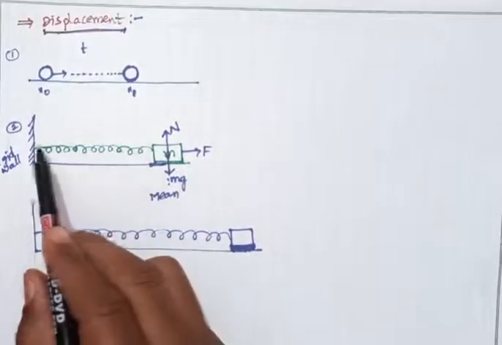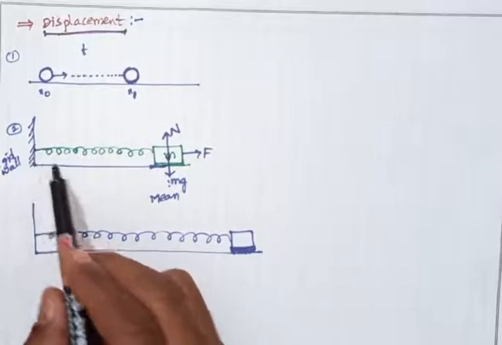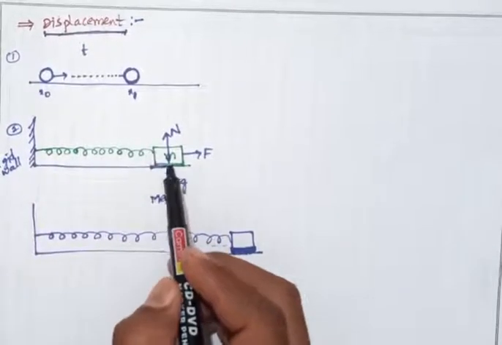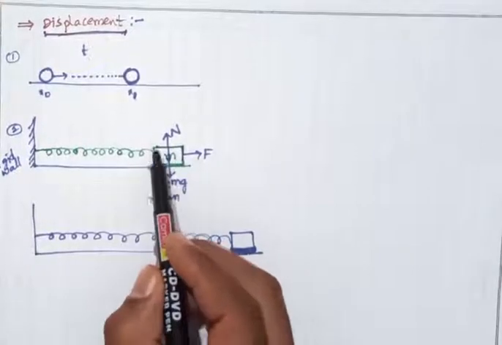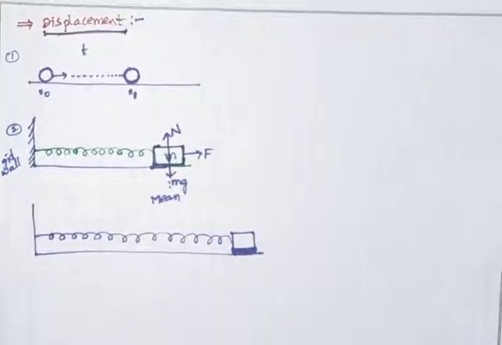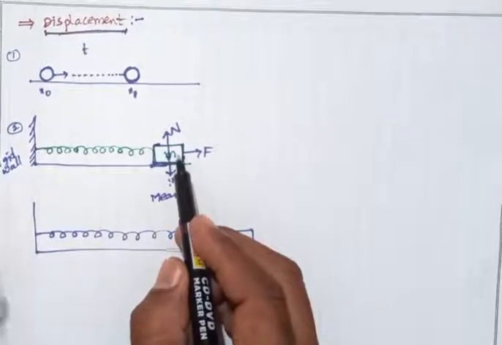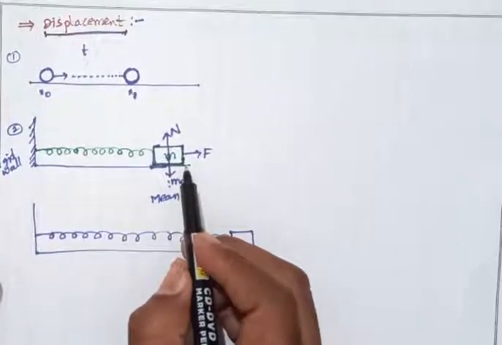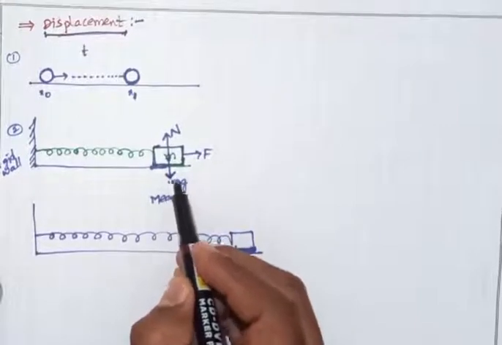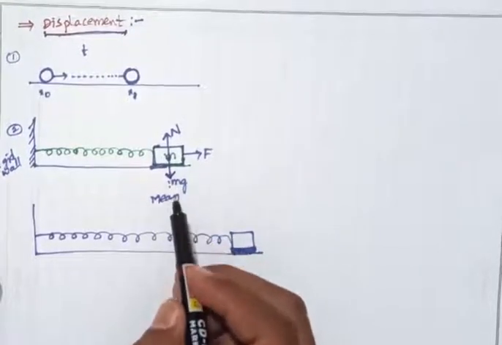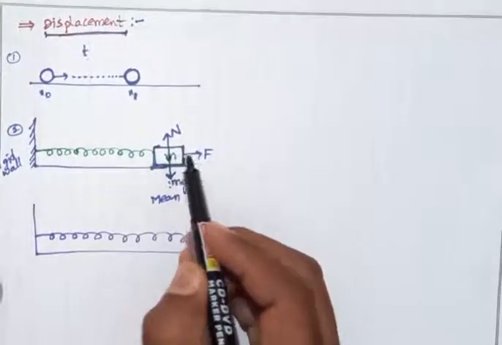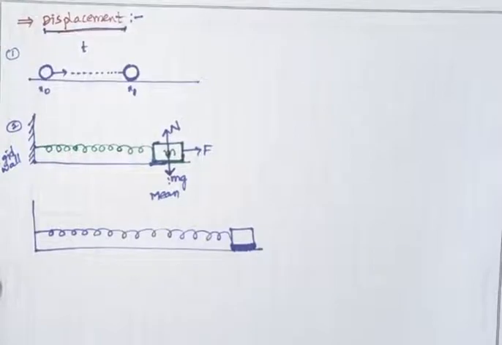One side of the spring is attached to a rigid wall, and the other end has a body of mass m attached. The downward force is the gravitational force mg, and it is at the equilibrium position. So equilibrium position is nothing but